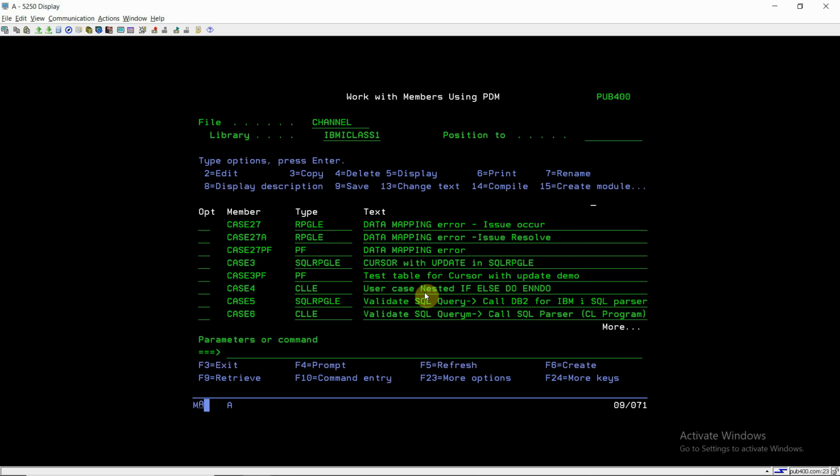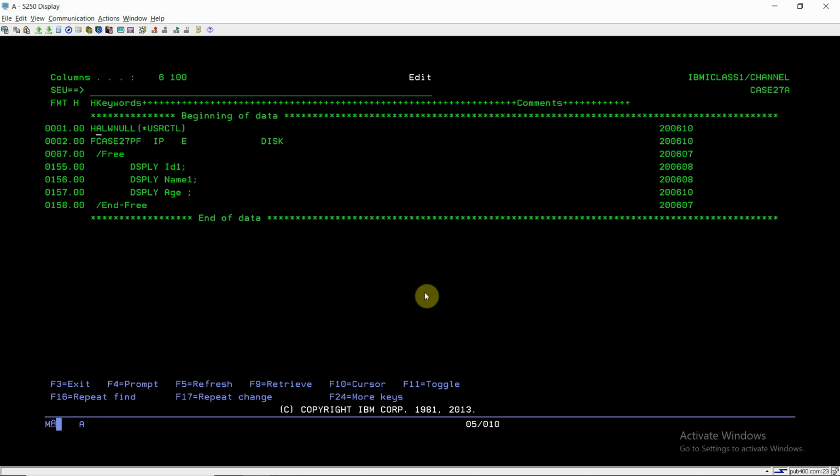There is a way to resolve this error. We have a keyword, and I am going to resolve the error in this program. Here I defined the keyword ALLOWNULL in the file PF.